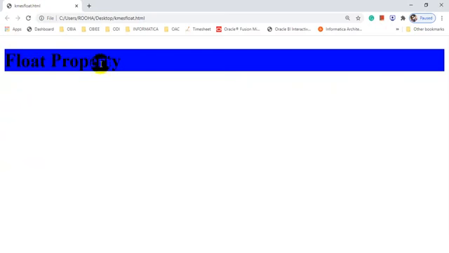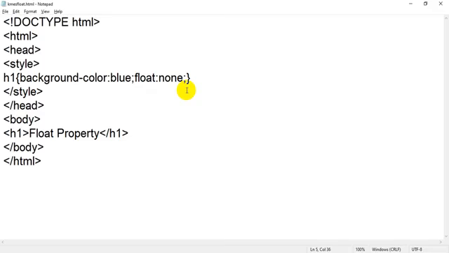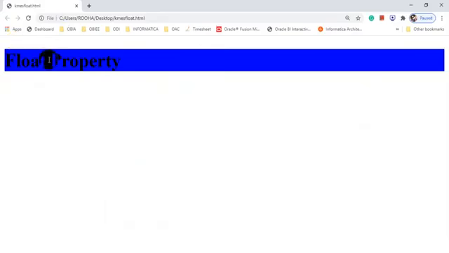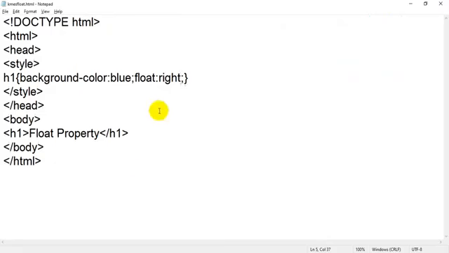See the difference, students. When I add float equal to right and save it, flip back to your browser, you will notice that it moves from left to right. It was at its original place, but when I move to right, it floats towards the right. When I move back, let me refresh. When I move back and change to left,